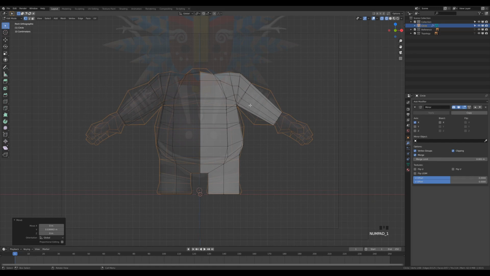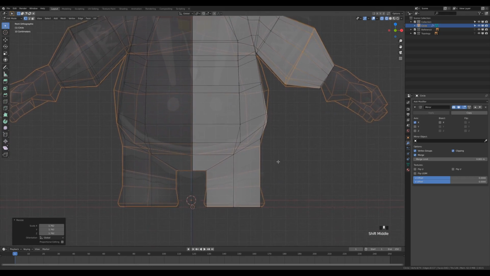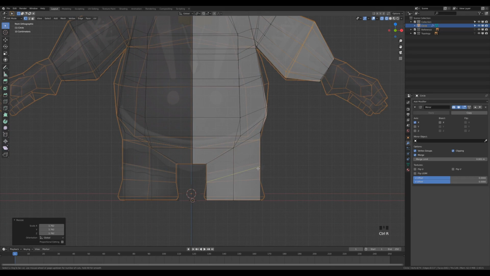So let's look from the front and create a new loop here. So Ctrl R, create a new loop. We can rotate this a little bit and scale this up like this, and we can create new loops on the legs. So let's do a cut here and one more down here. And we can shear this once again, so Ctrl Shift Alt S and then Y to shear this, and Alt click this loop and Ctrl Alt Shift S and Y to shear this as well,